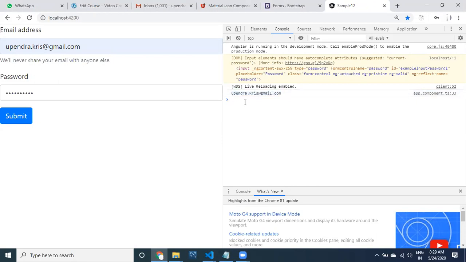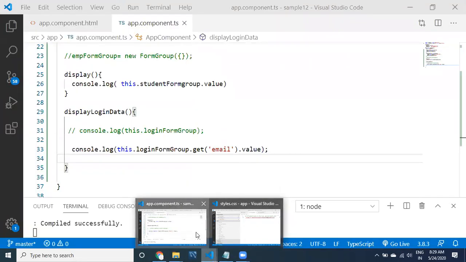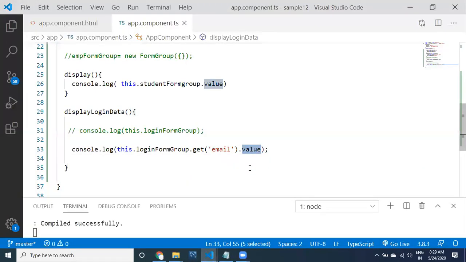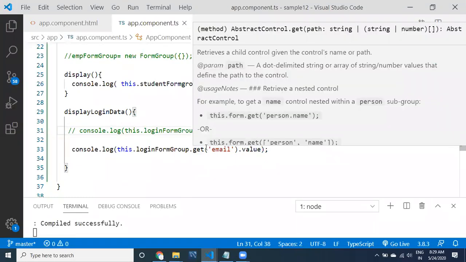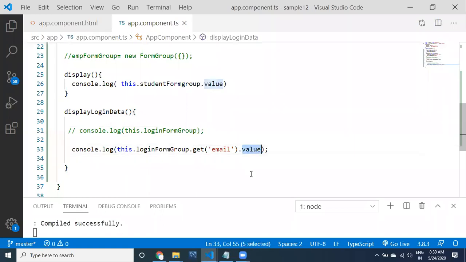So we are not getting all the information, but we are getting one control value. To get one control object, first we need to get the form group object. From the form group object we need to get the form control object. From the control there is a variable called value. If you say value, then it is going to print it. This value is related to the form control object. If I say directly form group.value, it is going to return the JSON that contains all control values, but here we get the simple value.